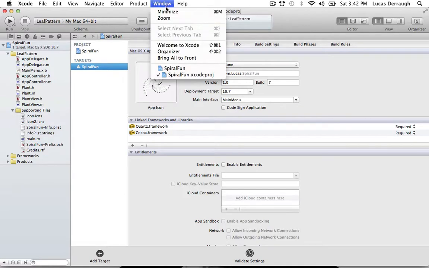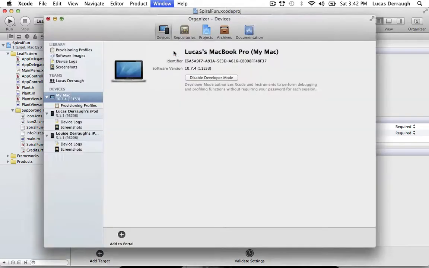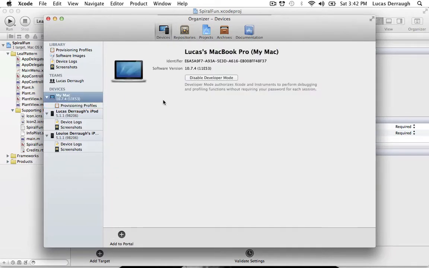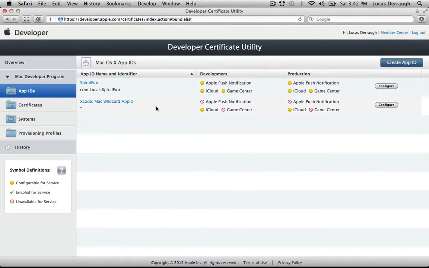So make sure that if you go under your window organizer here in Xcode, under provisioning profiles, you should have your Mac team provisioning profile already set up, and that should be under your Mac right here as well. And your Mac should also have been registered when all this happened, but we'll check that out in just a bit. So anyway, going over to our developer certificate utility here, I also want to clarify a little bit